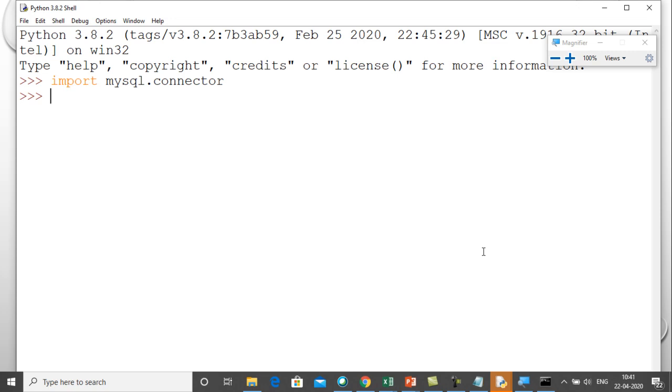You can check in this way that yes, now the MySQL connector is installed in your system. After that you can do the Python and MySQL connectivity coding. Right now we are finishing this lecture. You have to first perform this task, and in the next lecture I will tell you how you can code the connectivity between MySQL and Python. So till now you have to first install this MySQL connector and check whether it is installed in your system properly or not. Okay, so that's all for today. Have a nice day.